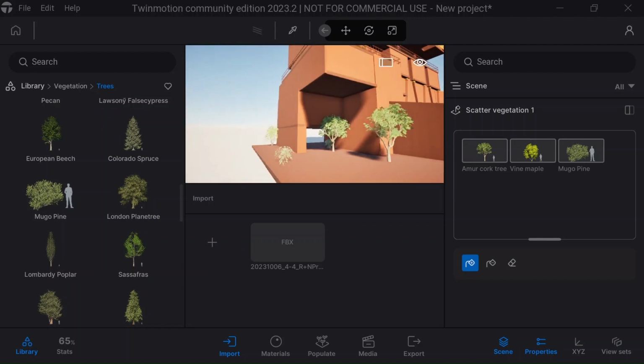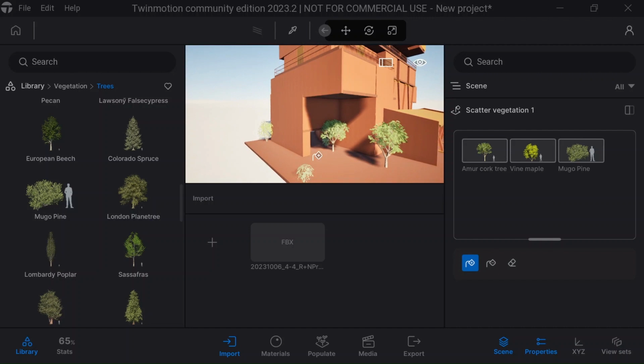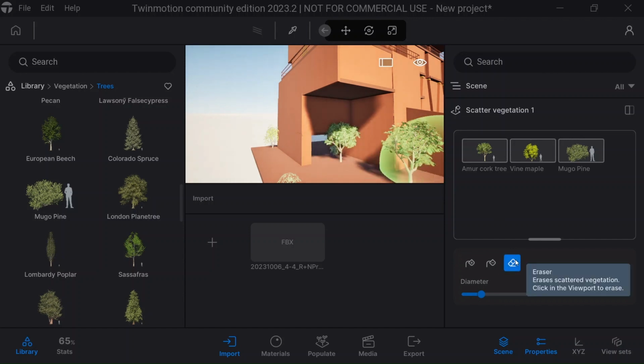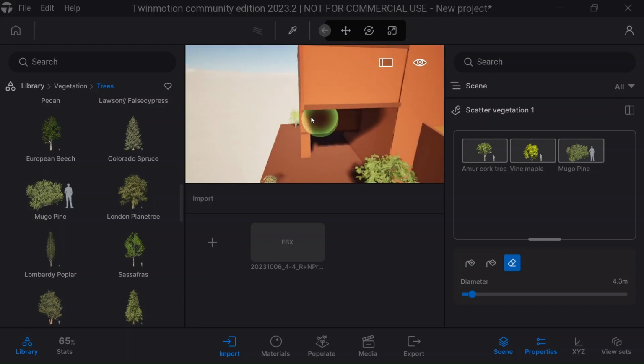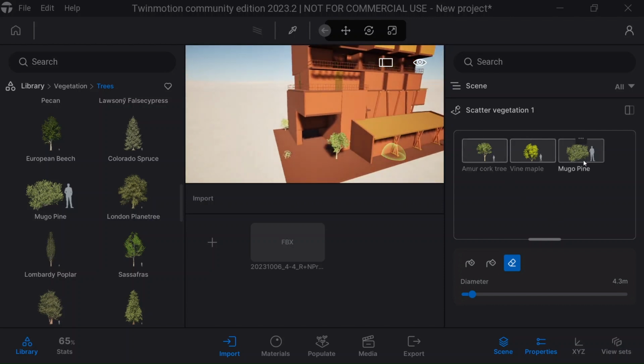So I've now got trees in there, but I don't want this existing driveway in my model to have those trees. So then I can just select this eraser tool, change the diameter for accuracy, and just hit those trees that I don't want in place anymore. But again, if I wanted to select these trees,